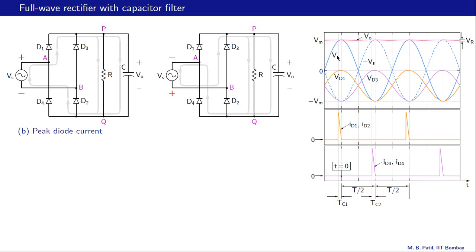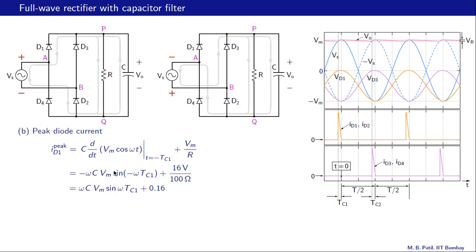And the resistor current, of course, we already know is approximately Vm by R, and the capacitance current, like in the half wave case, is given by the slope of this input voltage, and it is maximum at t equal to minus Tc1. So that is what we get,